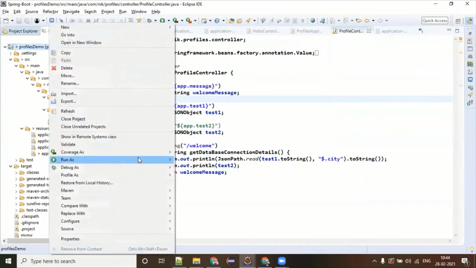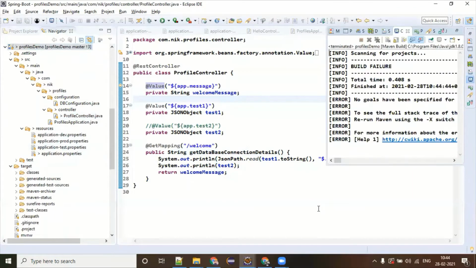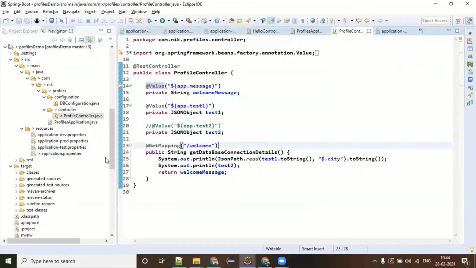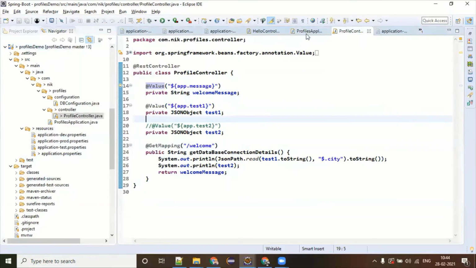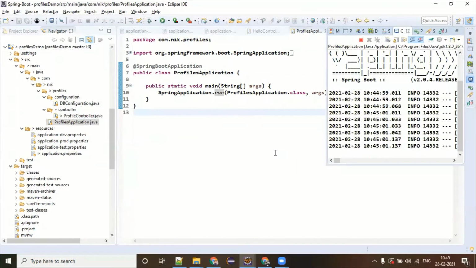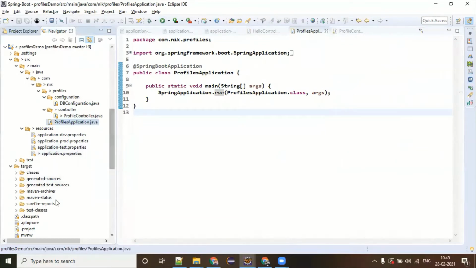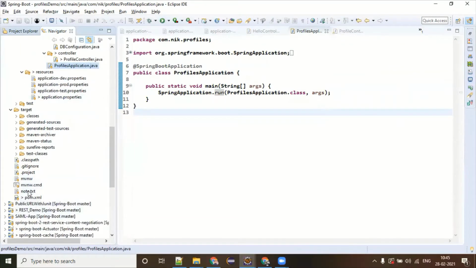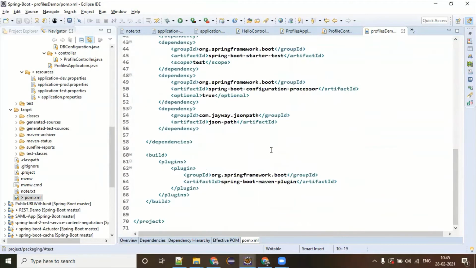And then after the Maven build, packaging is jar, so it should generate a jar.